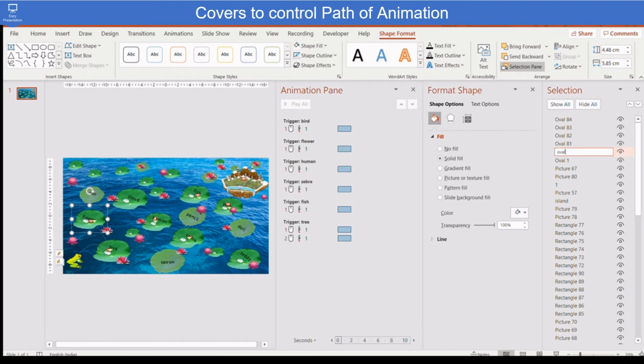Then start renaming all the cover objects like cover flower, cover bird. Continue renaming all of them.